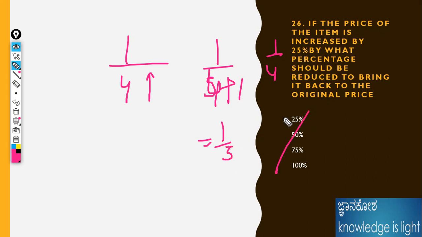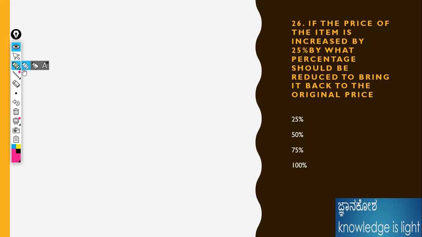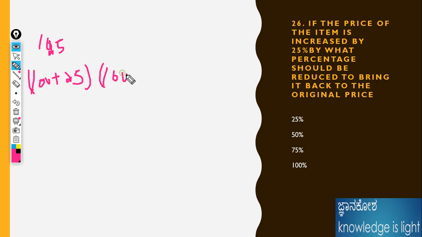Here options are not given at all. The correct answer is 20%. If I apply the formula, we will get the same answer. I will show it here. Please see, for example, the figures. 25% increase means 125, directly 100 plus 25. Then we know how much percentage decrease we don't know, that is minus x is equal to 100 into 100.